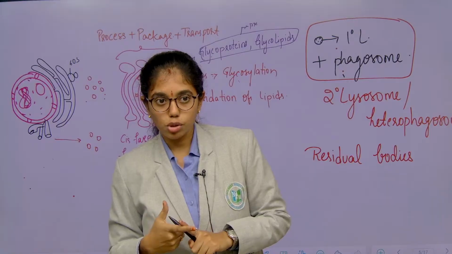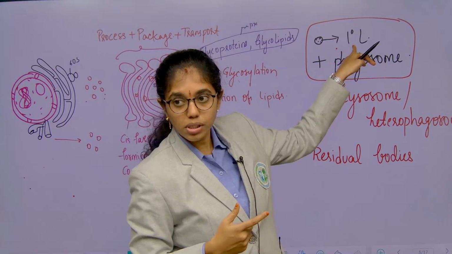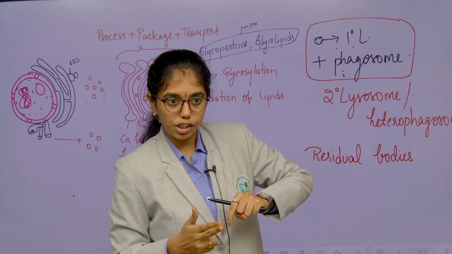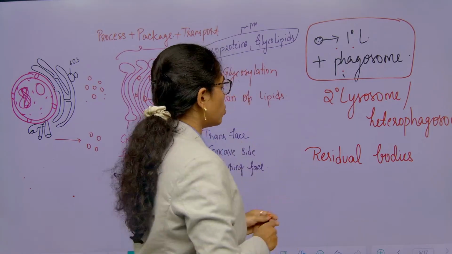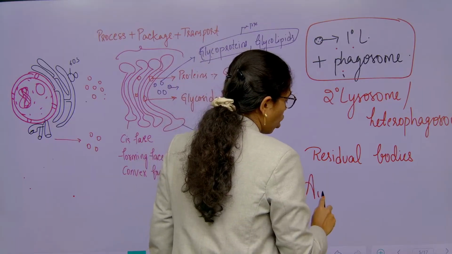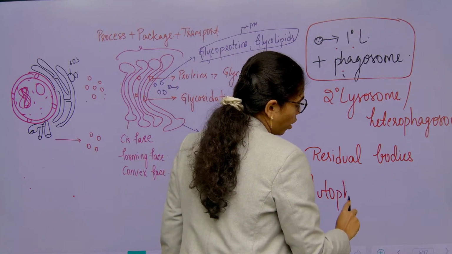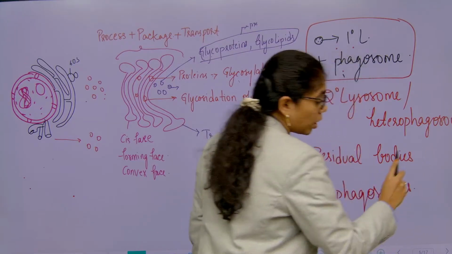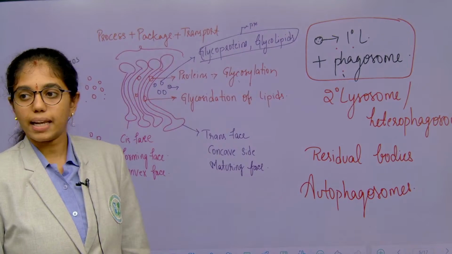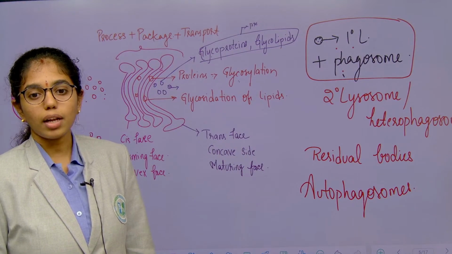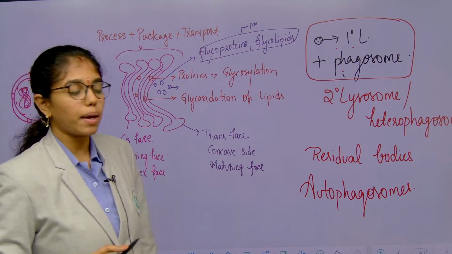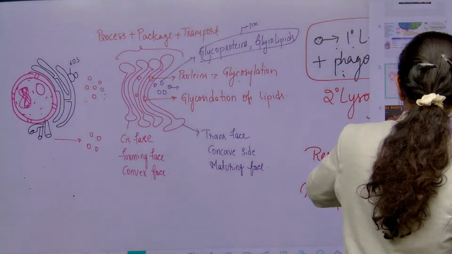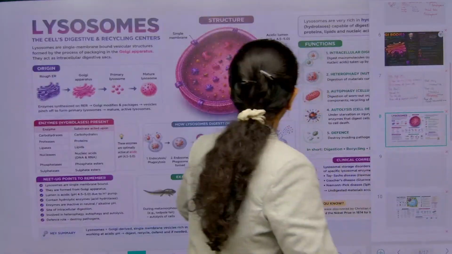So those primary lysosomes, if they are attached to any dead cell particles for cell digestion or cell killing, those lysosomes are known as autophagolysosomes or autophagosomes, which help in autolysis of the cell. They aid in what? Autolysis of the cell. The best example is metamorphosis of amphibians. Here we will look into, here you see,